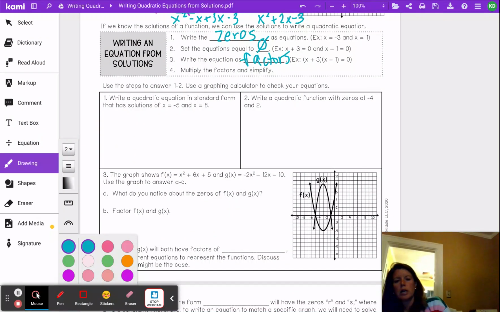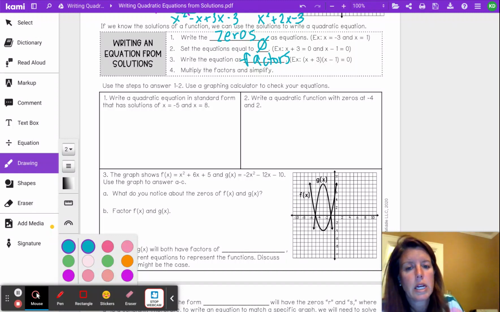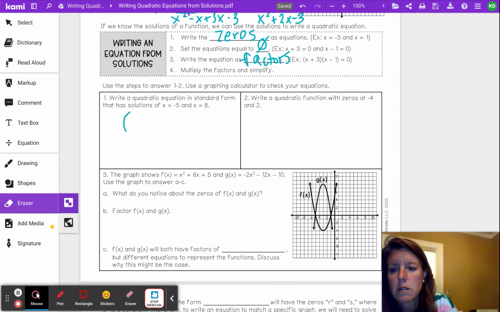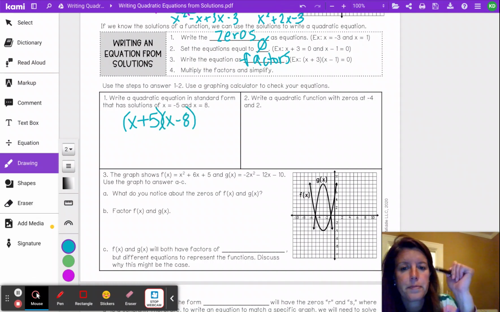So the first one, we've got our solutions or zeros. x equals -5 and x equals 8. So we're just going to write this as x plus 5, because we're changing those signs, and then x minus 8. And now we're just going to FOIL it out